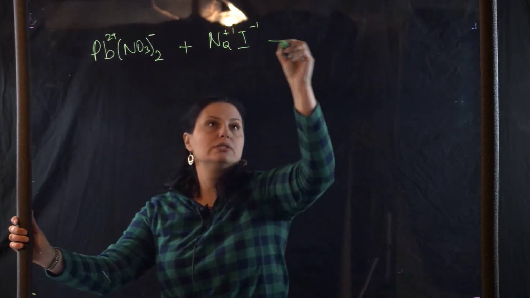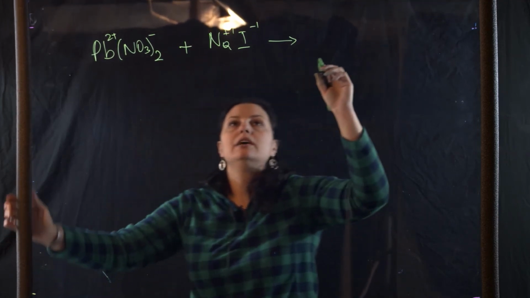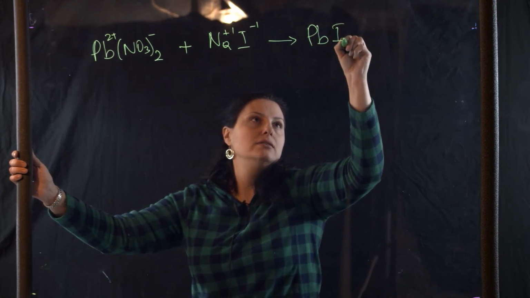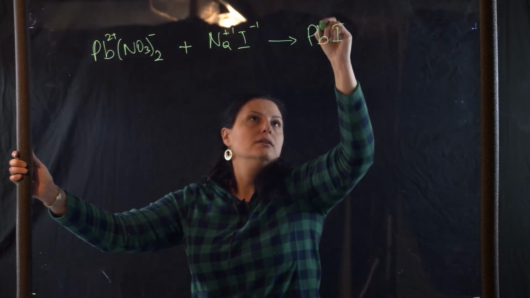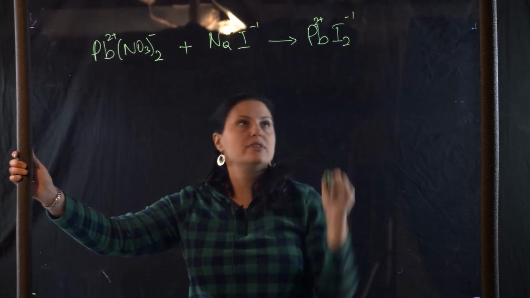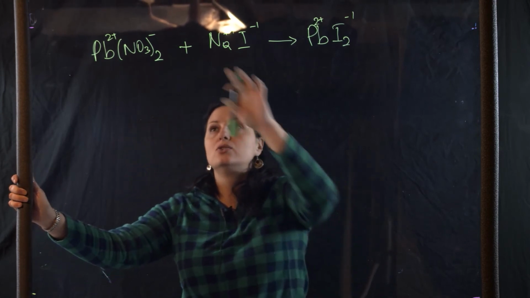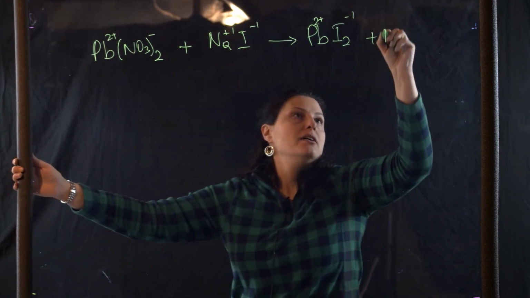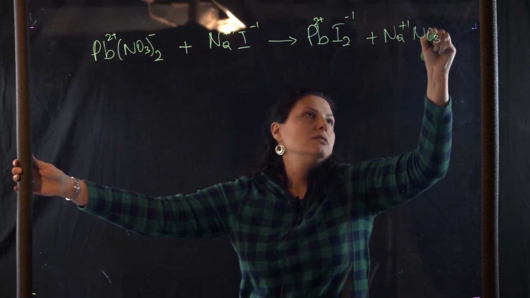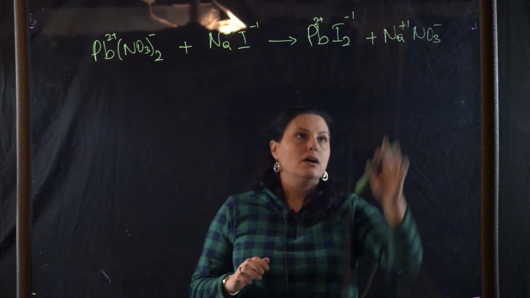It produces, once again, it's a double displacement reaction. It produces lead 2 iodide, 2 plus, -1. I need 2 of these. And the sodium nitrate. These are a +1 and a -1, so I don't need to make these,